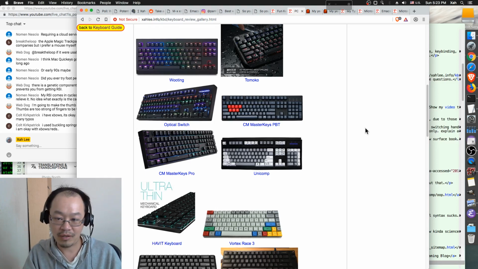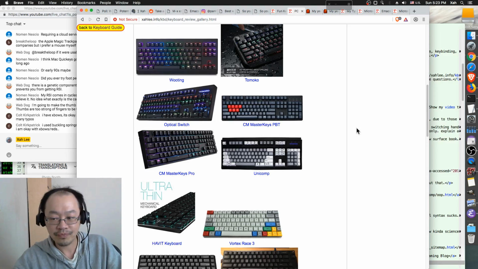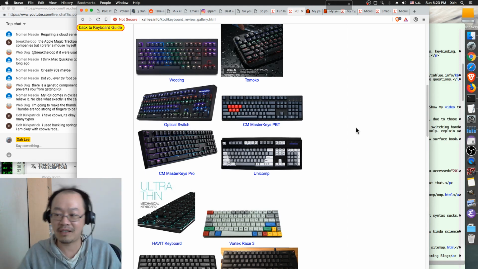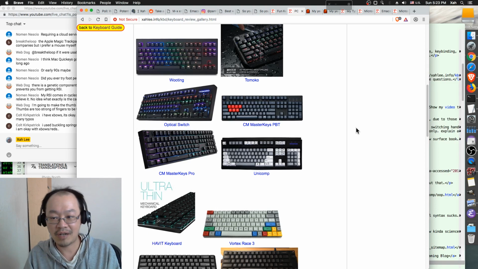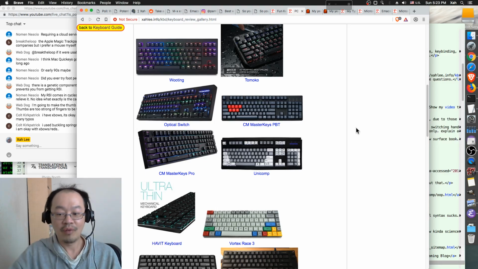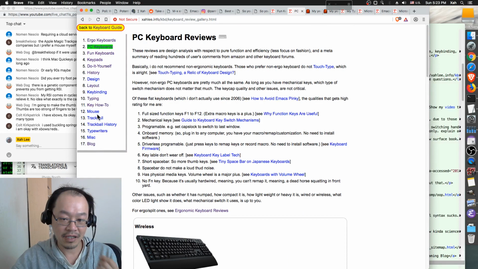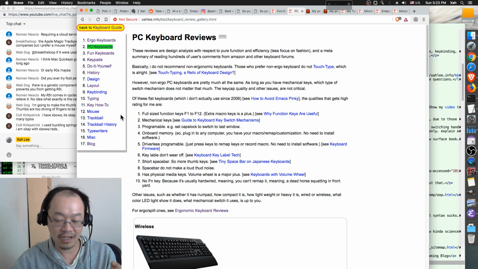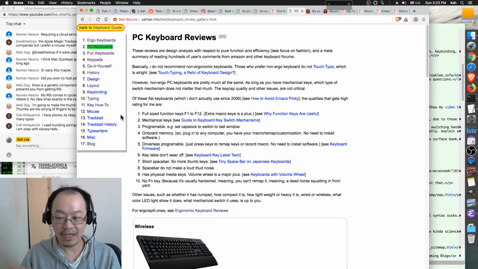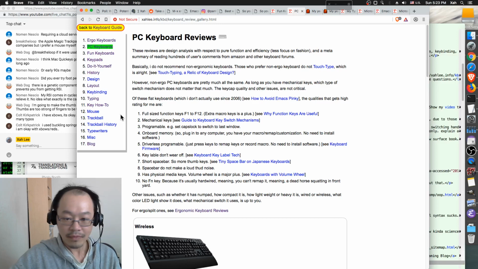type that much. Average programmers, you don't, because you have to go to meetings, lunch and whatever. You actually only code maybe 2 hours a day, and during the 2 hours, the actual time you are typing is maybe just 10 minutes. That's why I say the key logger is important. Get the key logger, then you have the actual data, exactly how much you type. That's the point.